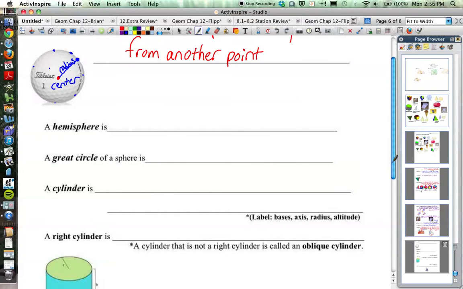So a sphere, you can just imagine a ball or something circular like a globe, a three-dimensional circular shape. Then we have something called a hemisphere. A hemisphere is half of a sphere. The prefix hemi means half. So a half of a sphere